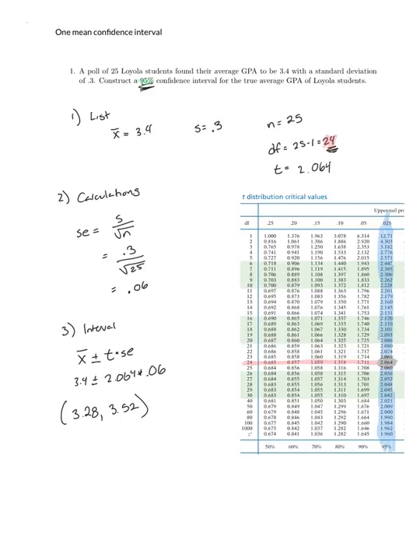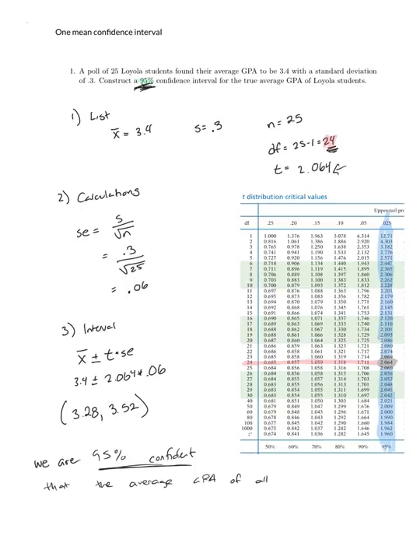My final step is to go ahead and summarize my answer. And like every confidence interval, we start with, we are 95% confident. And I know I'm 95% confident because that's what I used to figure out my t-score. And also what they asked me for up here, 95% confidence interval. So we are 95% confident that, and we're not talking about percentages here, right? We're talking about that the average GPA